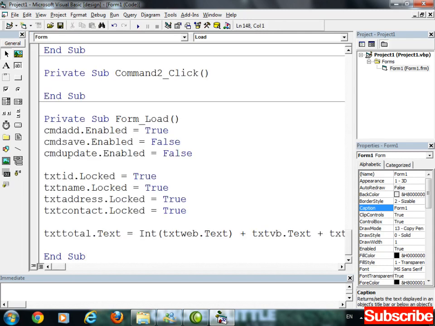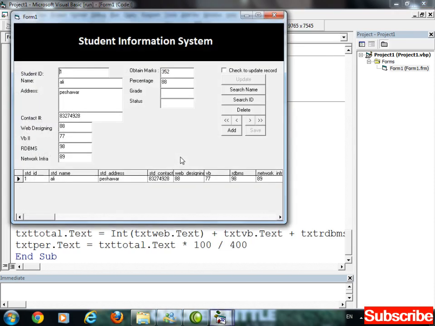The next line is txt per dot text equals txt total dot text multiply by 100 divided by 400.